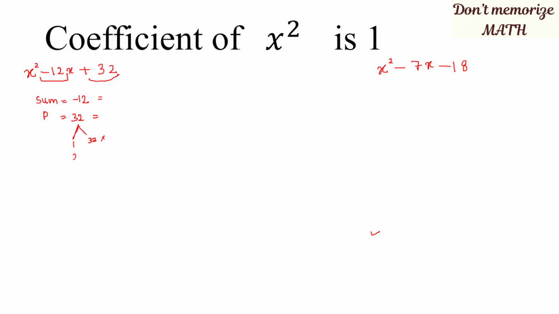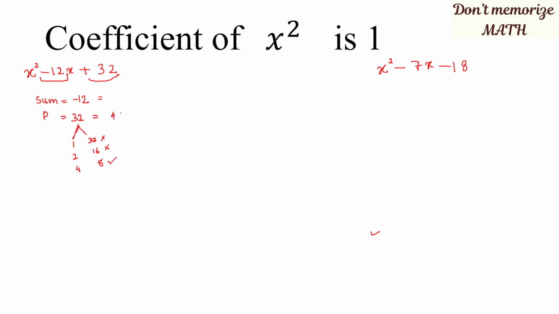So the second pair is 2 times 16. 16 plus 2 is 18, we cannot get the sum. 16 minus 2 is 14. No, we cannot get minus 12 as the sum. So this is not the pair. Then third, 3 and 32, we don't have. So 4 and 8, 4 times 8 is 32. So 4 and 8, what is 4 plus 8? 4 plus 8 is 12. So this is the correct pair.